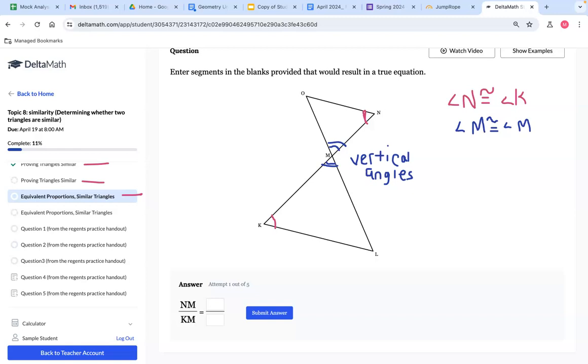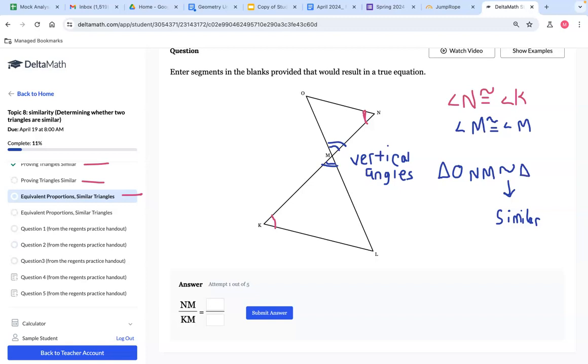So as a result, we can say triangle ONM, and you could write the letters in any order that you wish for the first one, is similar. Remember, this symbol right here means similar. They're not the same size. They're the same shape, but not the same size, or in other words, the sides are proportional. So ONM is similar to triangle